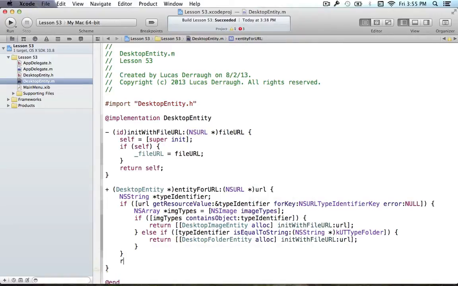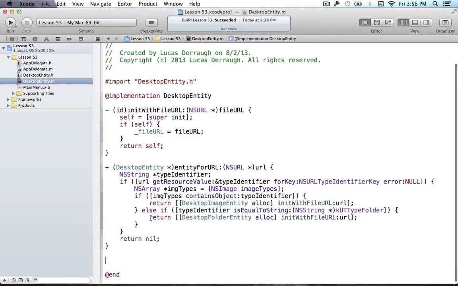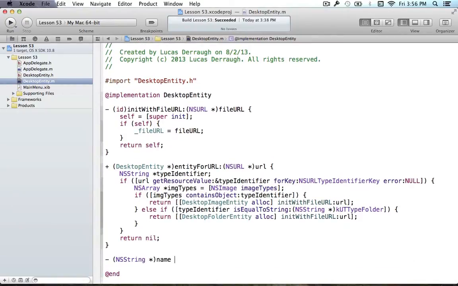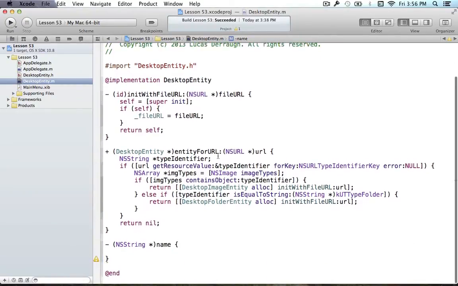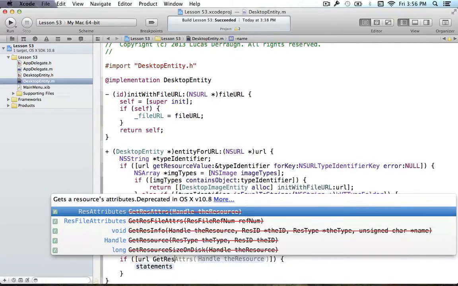Awesome. All right. Now if all that fails, we'll return nil, and our method is good. All right, what else can we implement? Well, we have to implement that name. So to figure out the name, we can use the URL that's set on the object. So that's using the file URL property. So we do the same sort of inspection that we did in the previous method with the get resource value one. We just say NSString name, and if the URL get resource,